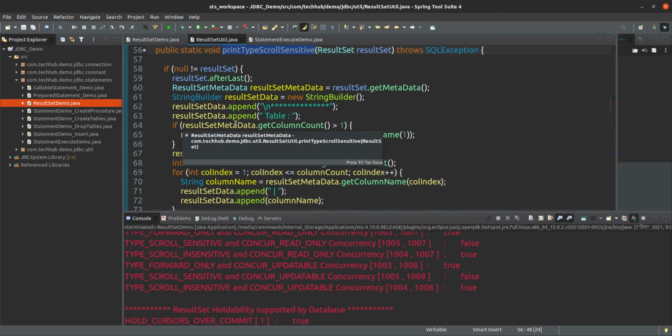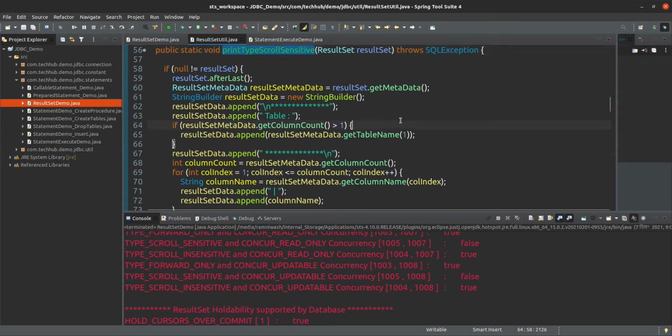You can go to any position, whatever your choice. If you want to traverse this result set in the forward direction, you can do that. If you want to traverse this result set backward, then you can do that. That is up to your choice.